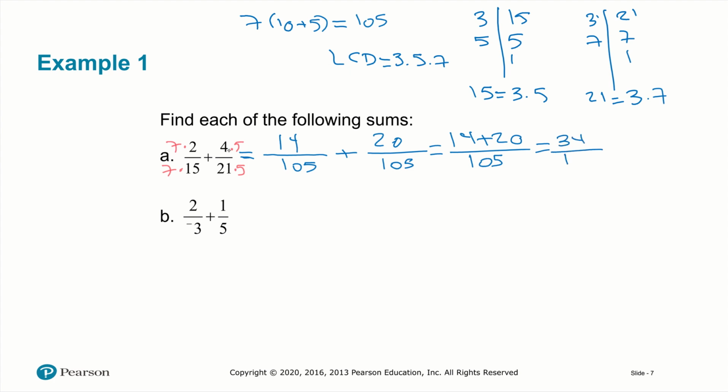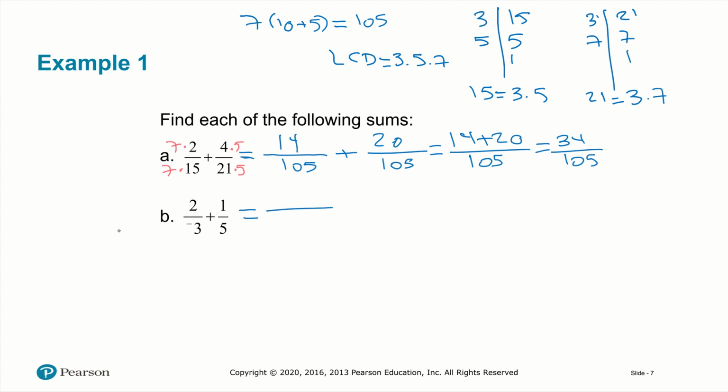34 over 105. Once you get to this stage, of course, if there is any cross-canceling possible to make this any simpler, you always want to do that. In this case, I do believe these two numbers are relatively prime, so that's as simple as it's going to get. All right, so for this next one,